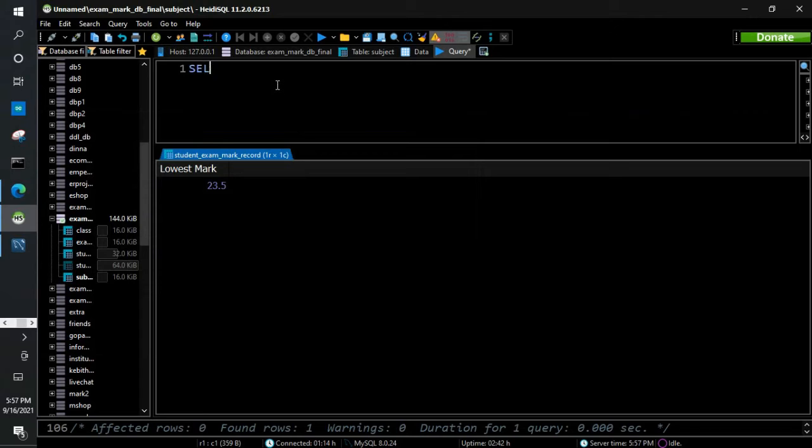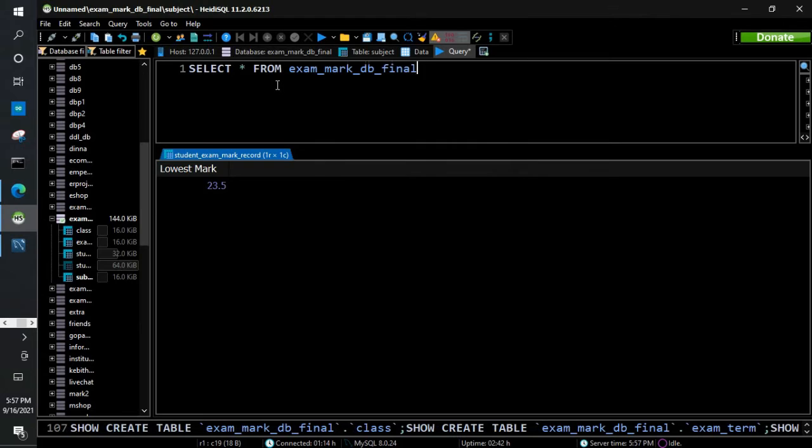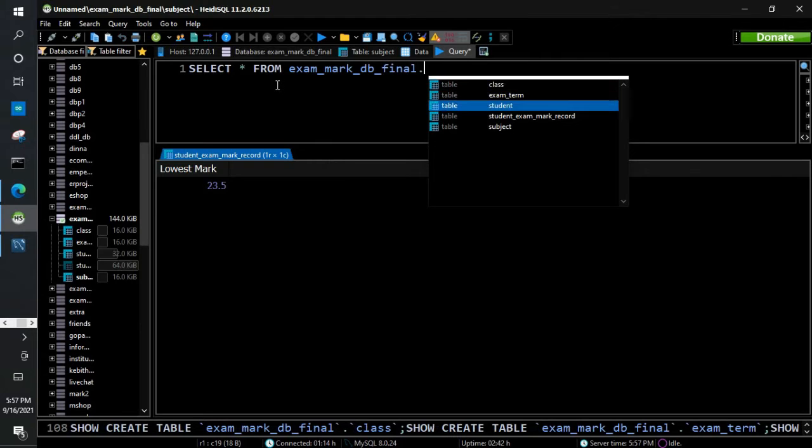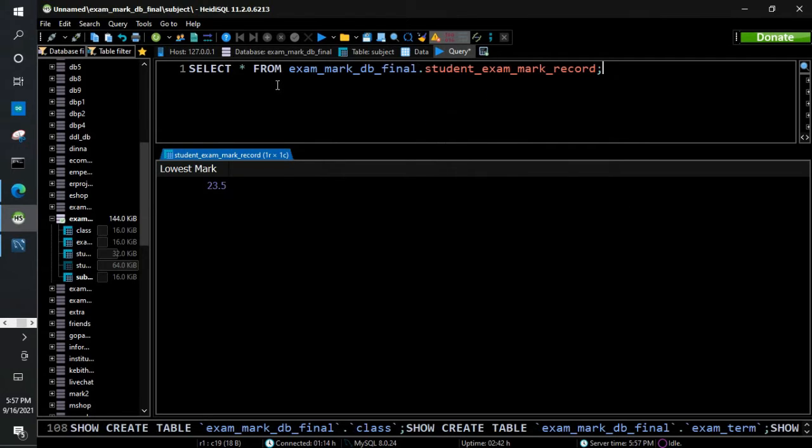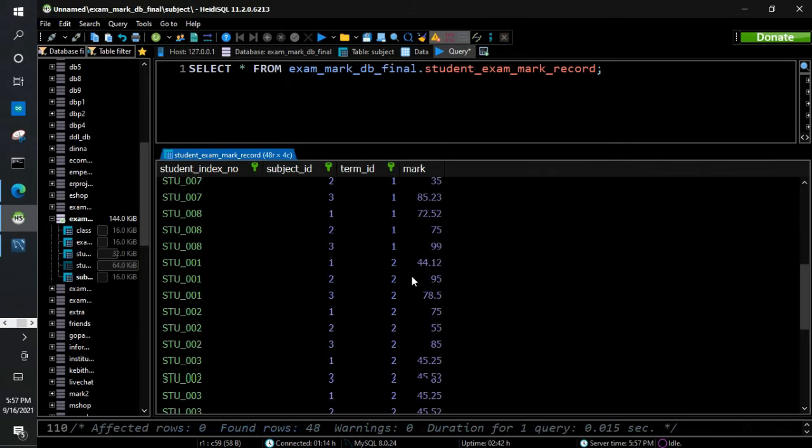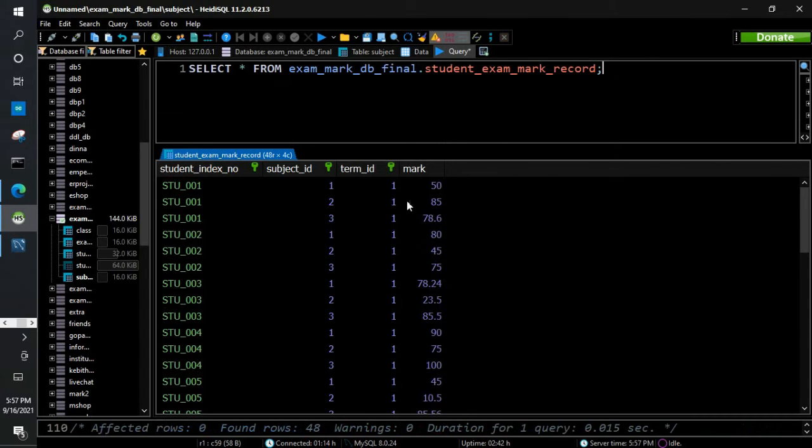So as my first step, I am going to select all from this database, and I have the marks table. So I'll run this query. Now I have all the details of this marks table. Then I am going to inner join. Since we need the details of the student, we have to go to the student table. So inner joining the student table,